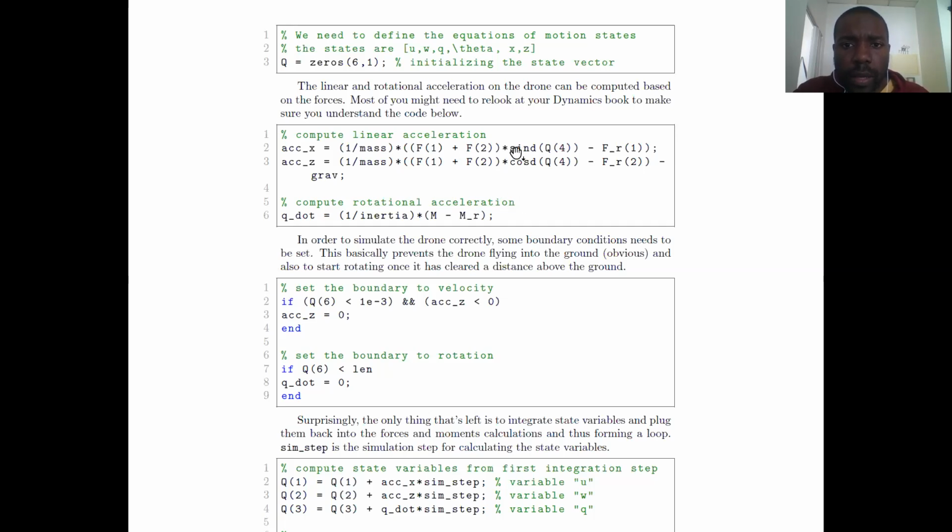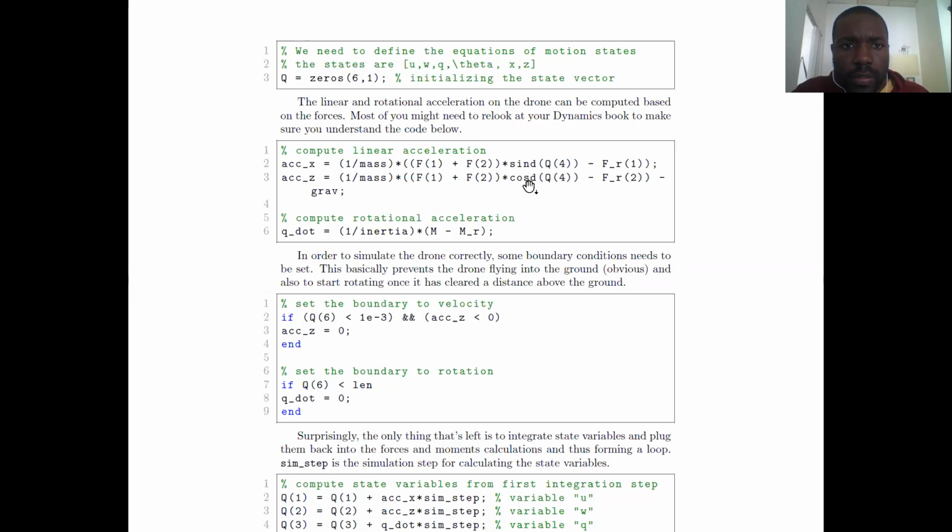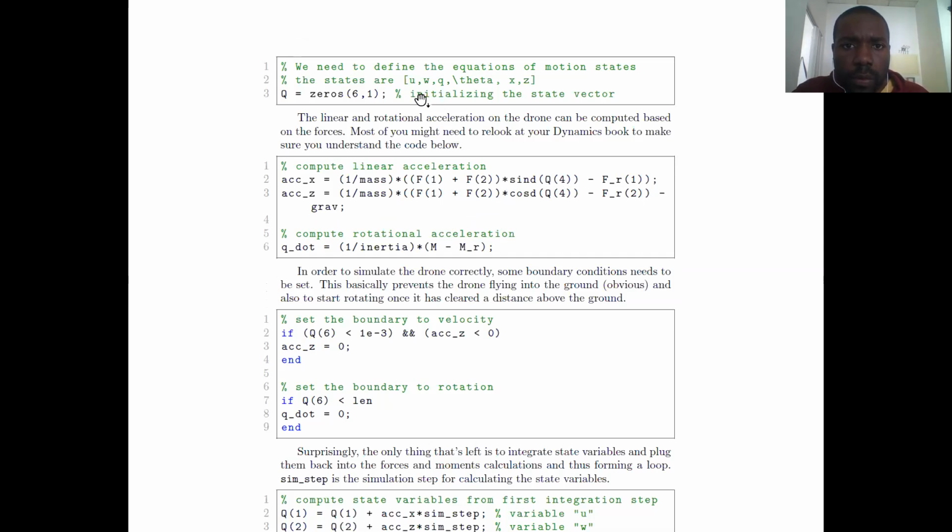Now, if I go back, there's a sine and cos, and Q4, if you probably don't remember, is 1, 2, 3, 4. It's the pitch angle. So there is a difference in forces depending on the pitch angle in that direction. What does that mean? It means that if I tilt my drone in this direction, because the forces are fixed